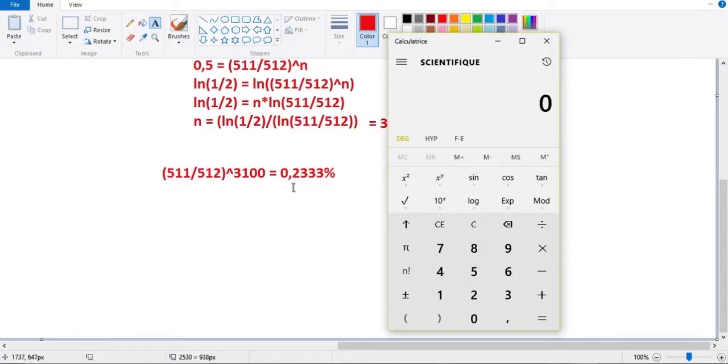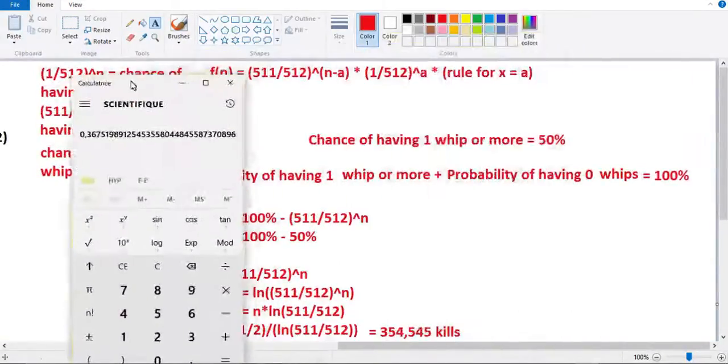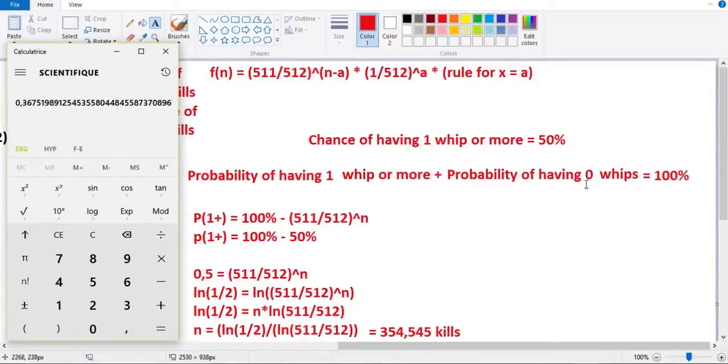The probability of having one whip after 512 kills, I mean having no whip in 512 kills, is 511 divided by 512 to the 512. And then if this is the probability of having, let's just go up here. I just said the probability of having 0 whips in 512 kills